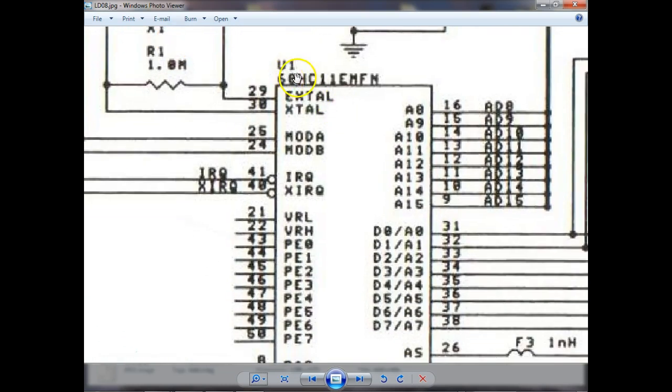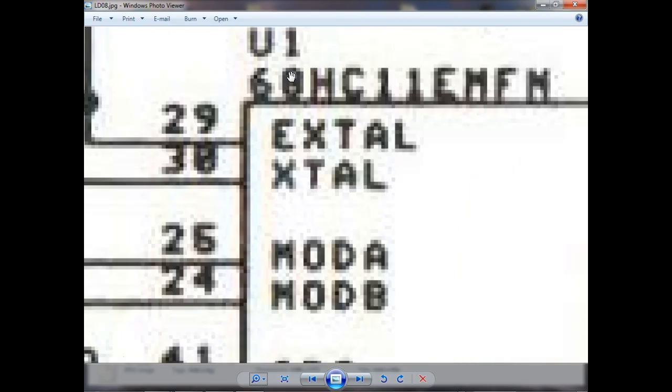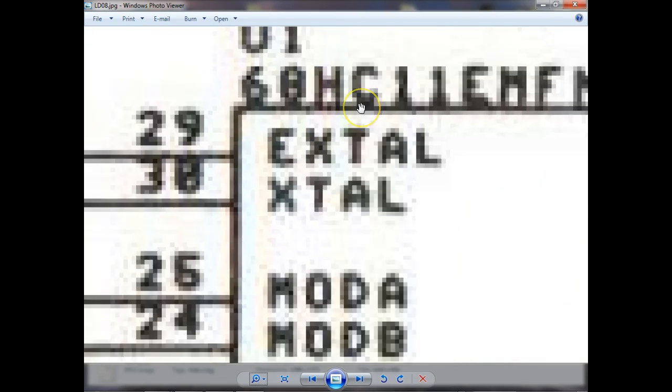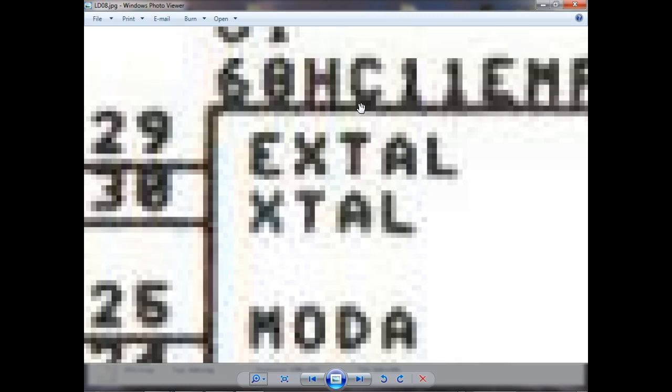It's normal to assign integrated circuits U, because they couldn't use C. C is assigned to capacitors, so they just started using letters of the alphabet. So U is a very common indicator of an integrated circuit. Y'all know what we mean? Yes or no? Yeah, so